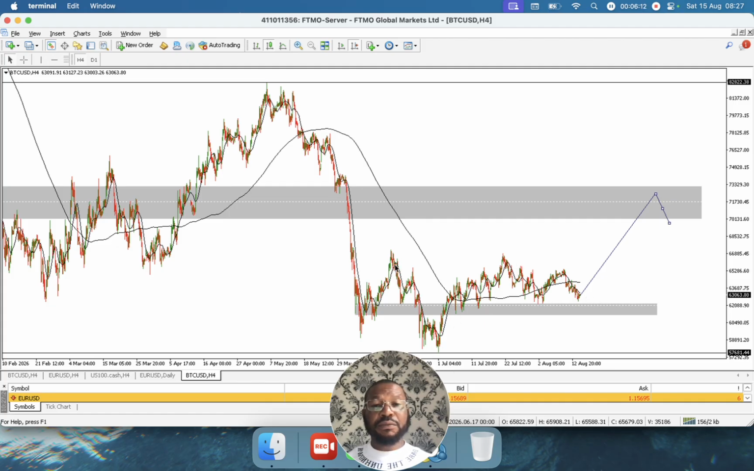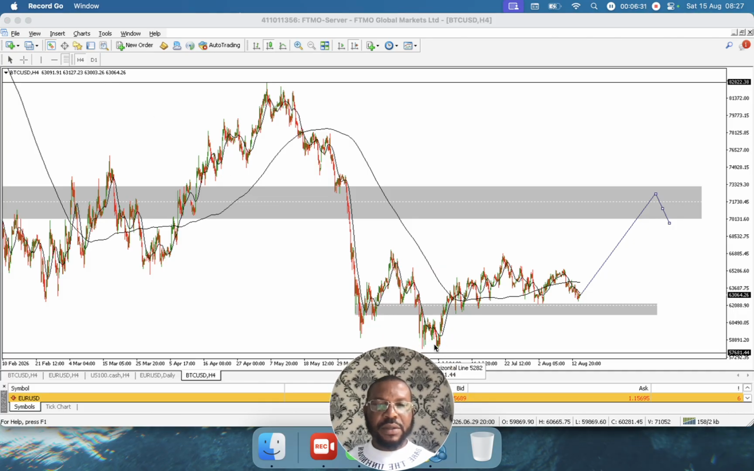But I can see that even on my 4-hour time frame, price is trading above my 200 EMA. Price has cleared above the 200 EMA. But don't forget that overall the BTC-USD is bearish. Now, if I take my Fibonacci from this swing low,